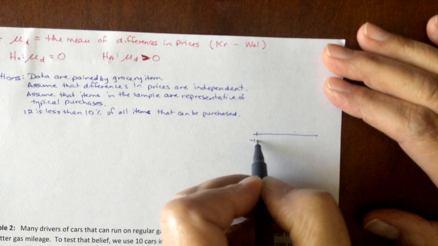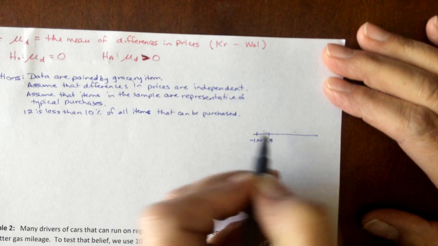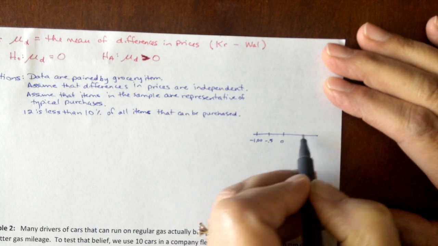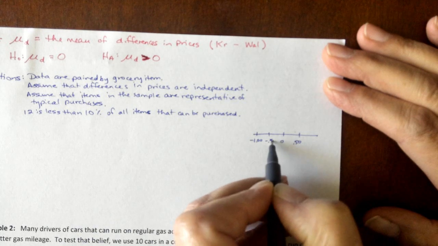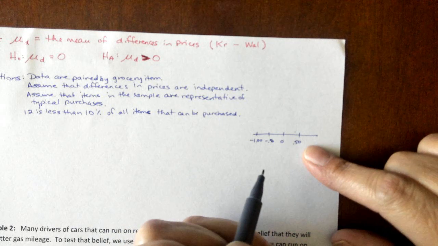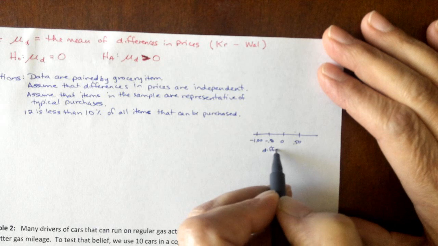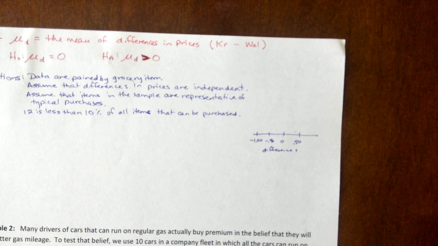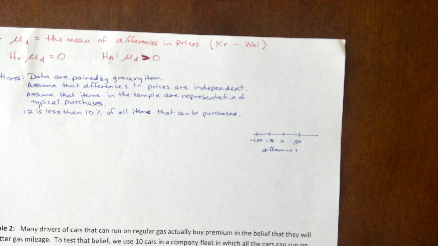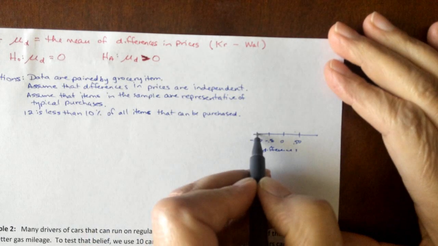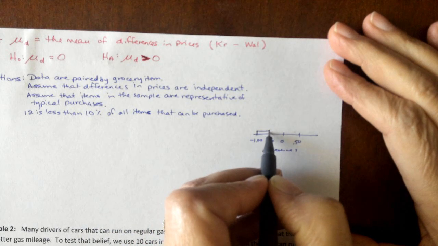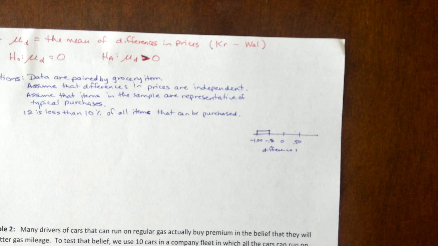Let's count by 50 cent increments. So -$1, -50 cents, 0, +50 cents. And that gets us as big as we possibly would get in this. So these are my differences, and I'm going to just draw a quick sketch. It looks like in my differences, between -$1 and -50 cents, I only have one observation in that region, and that's the -$1. So I'm going to pick a height to be 1, so that's 1 unit, 1 block